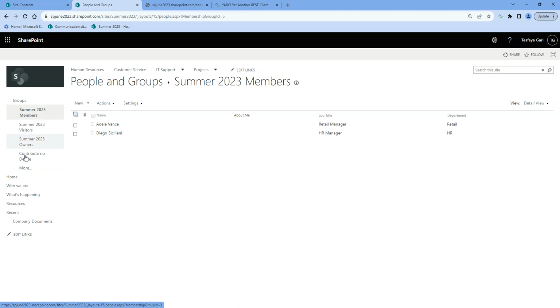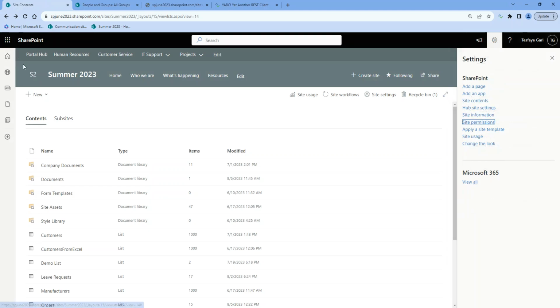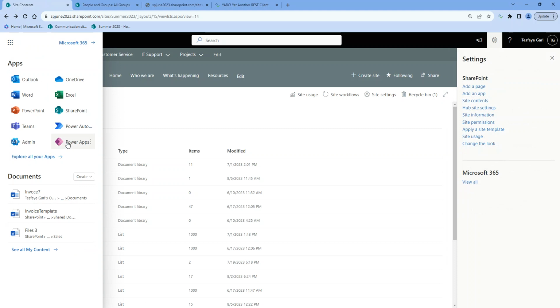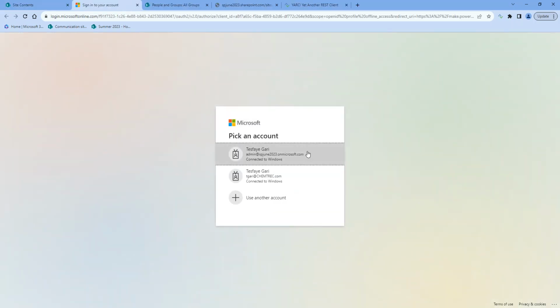So if you go here on the left, I have all of these SharePoint groups. I can see here Test Group, and here I have Summer 2023 Visitors and Summer 2023 Owners. How do we read this in Power Automate or Power Apps? Let me say, the main purpose of this class or demo was not to teach you REST API, but